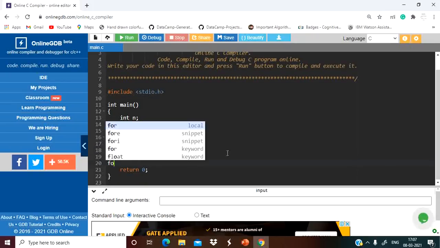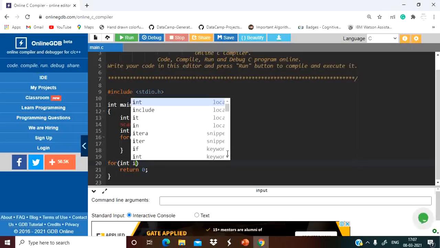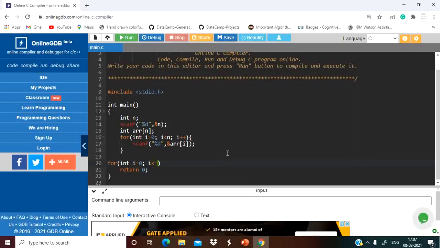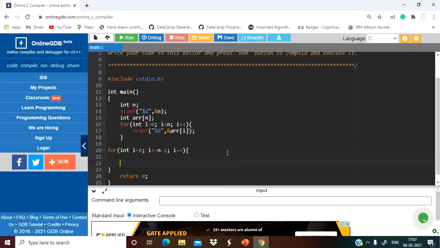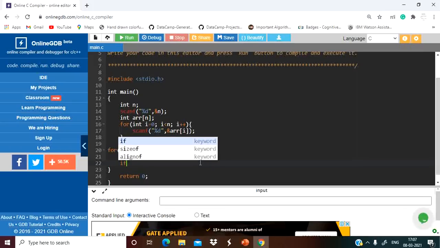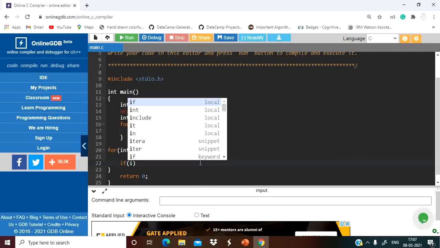Now comes the actual logic which we have to implement. So for int i equal to 0, the loop will run up to n minus 2, i plus plus, right? And now here we will check the condition. For the flag variable thing which I just discussed, either you can take a flag variable, initialize it with true and keep inverting the value, that is initially it is true, then false, then true, then false. Or the other thing that you can do, we can simply take this.